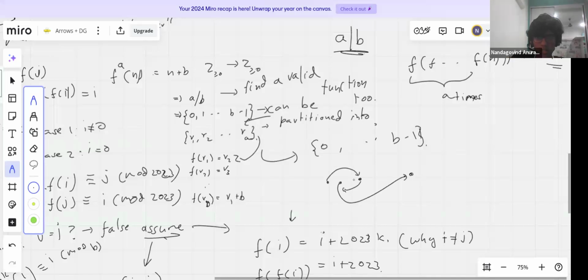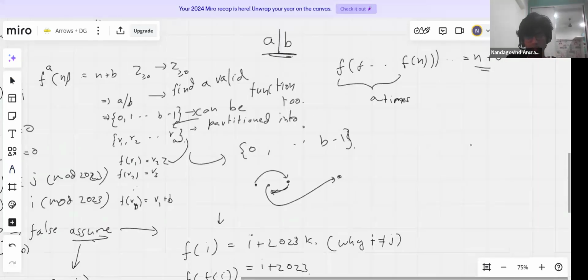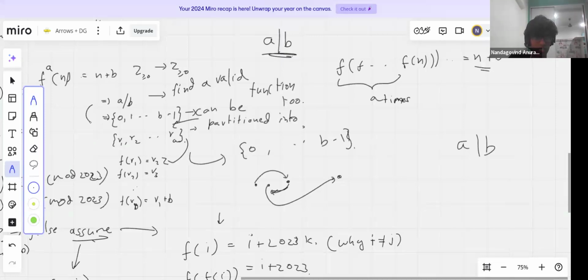Okay, so for example, this is given that a divides b. Now we know a divides b, which is why I said we need this to do this, but you can also do from here to here if you just happen to assume a divides b. But yes, we use this to prove this. Anyway, now that we have a divides b,